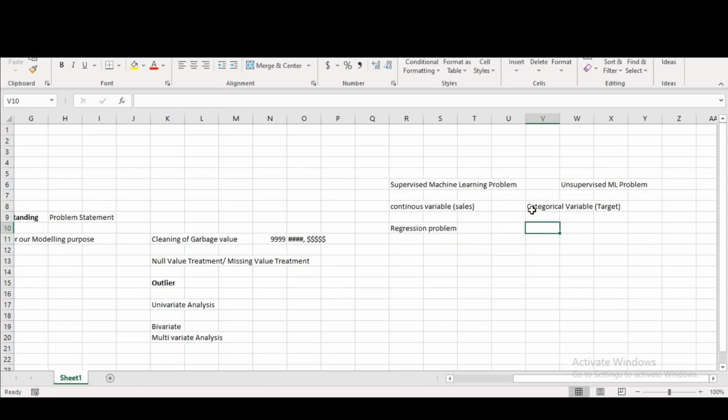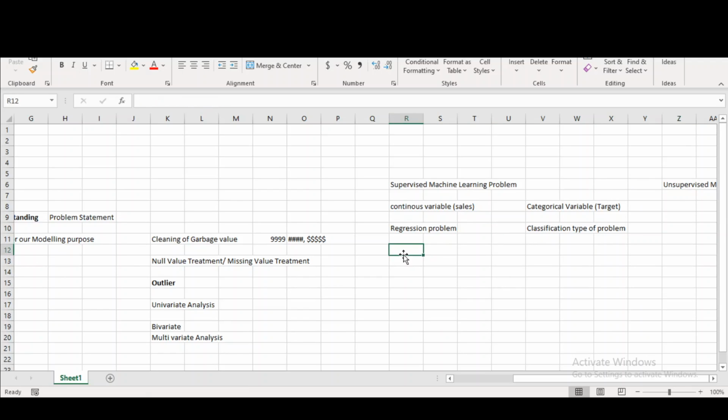We call them a classification type of problem. Different algorithms we will be following to solve these kinds of problems.